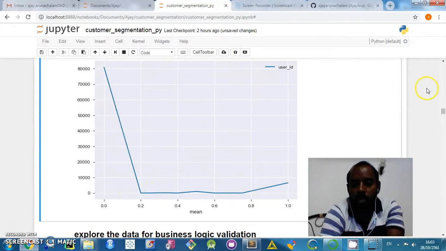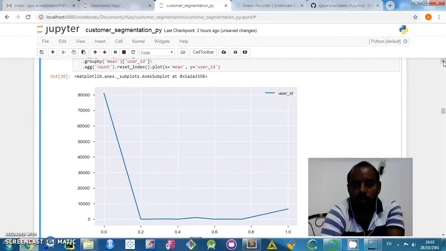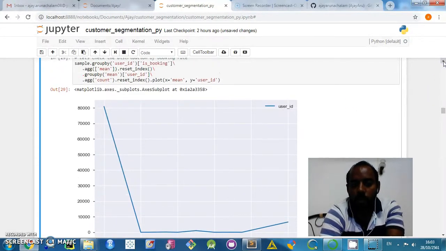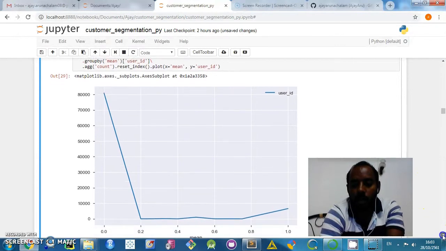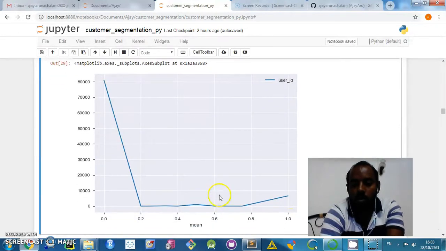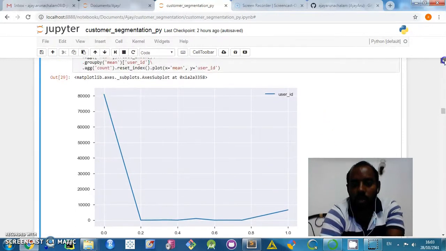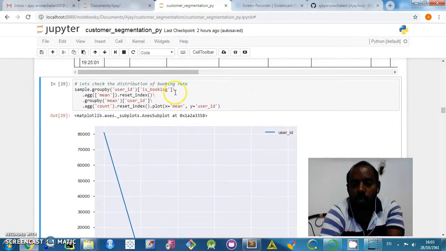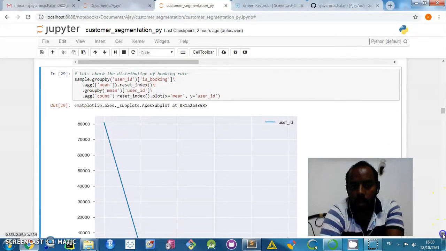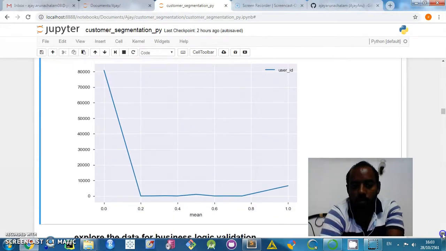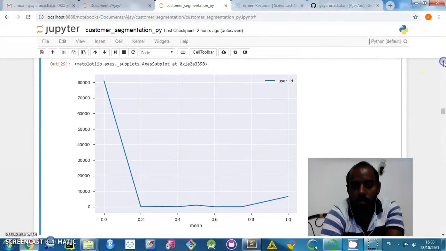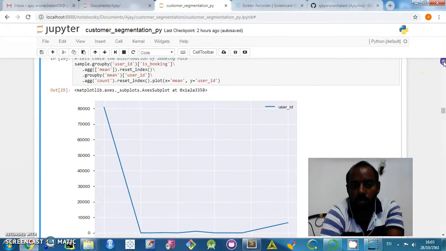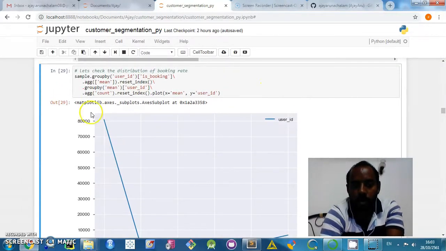So you can see the plot that mostly the distribution of the booking is around 1. On an average,